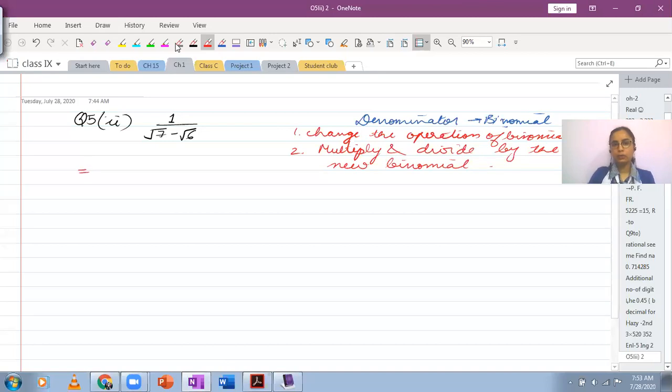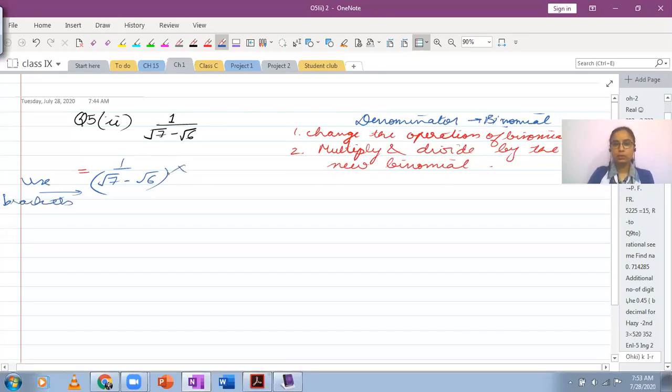And if we use this, our expression here will be 1 by root 7 minus root 6. Keep the binomial in brackets. Remember to use brackets. Otherwise, you might make a mistake if your expressions have more terms. So root 7 plus root 6 is the opposite of my denominator. I'm using it for multiplication and division. So my numerator, since it's multiplication of a binomial with 1, stays the same. It will be as such, multiplication with 1, no change.